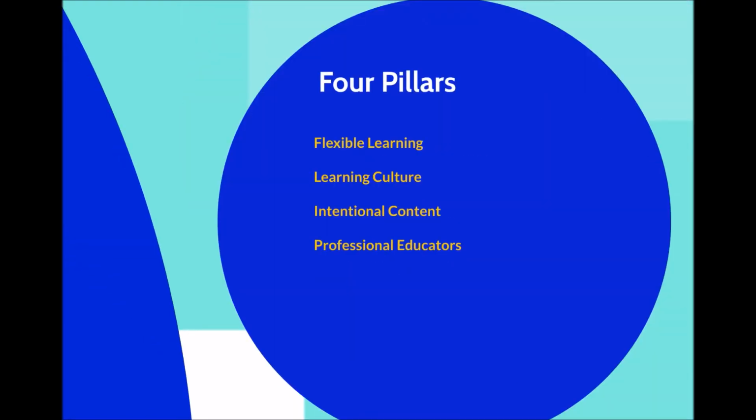So there are four pillars traditionally of flipped learning. One is that learning is flexible. Again, you're trying to design the classroom so that it accommodates different types of students, students at maybe different levels or with different approaches to learning. It creates a learning culture, and what it's done is focus a great deal on how students learn as opposed to how teachers teach.